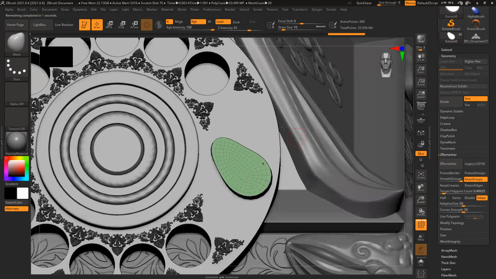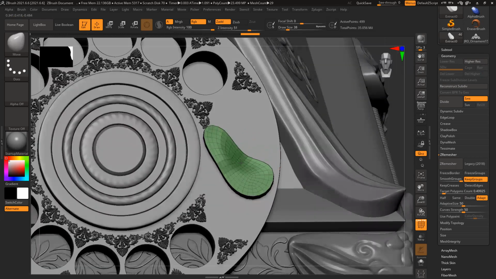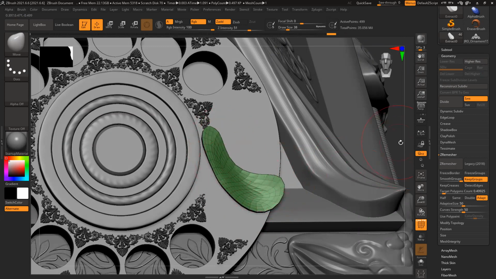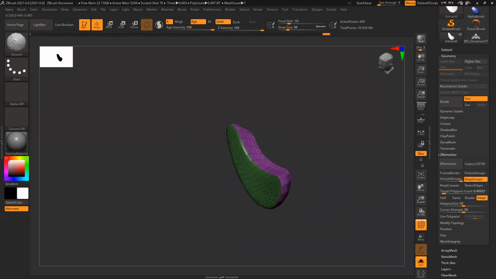DynaMesh. Solo and check it. Soften, flatten the surface as much as possible.